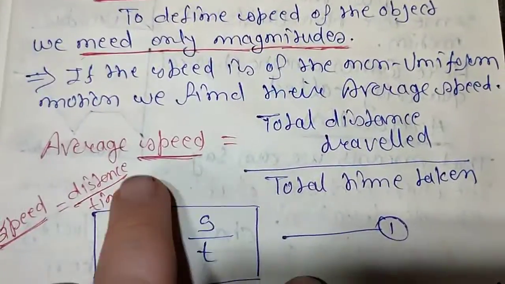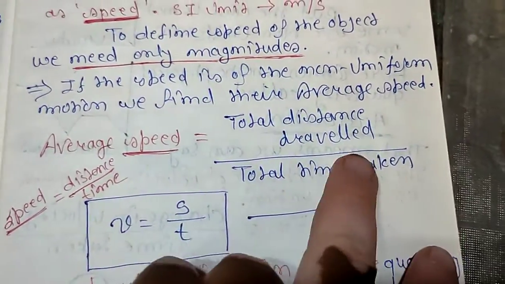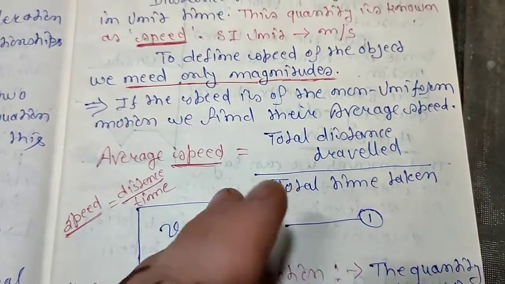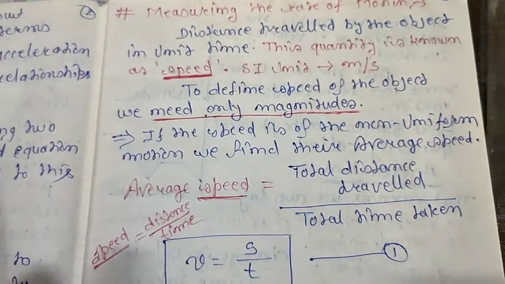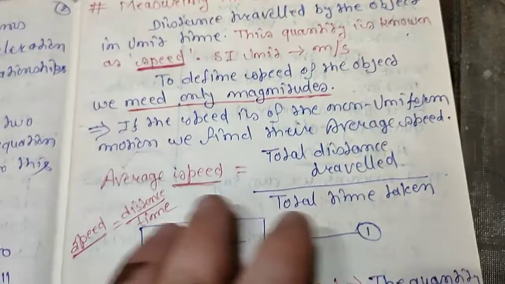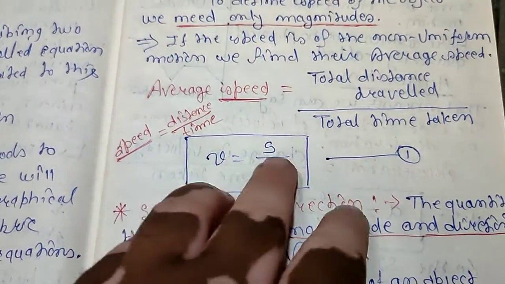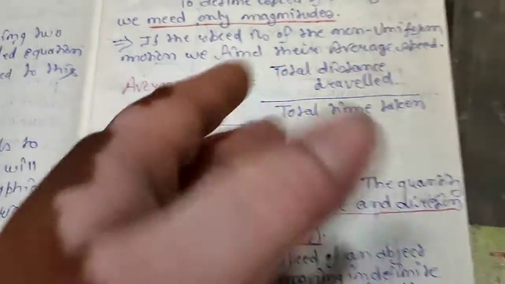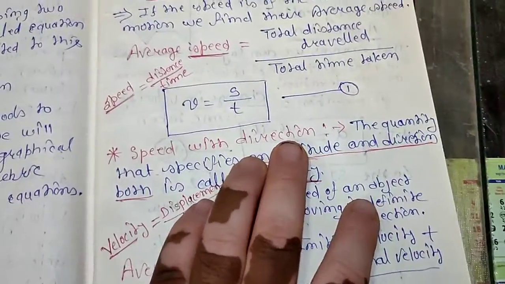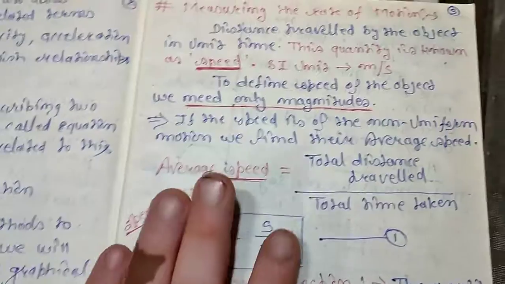So this is the formula for the average speed: total distance traveled, that means whatever distance they have traveled with different speeds, we take the total distance traveled over total time taken. It will still show v is equal to s over t. Mathematically it would be your first equation. Okay, so now this is the speed. Here we need only